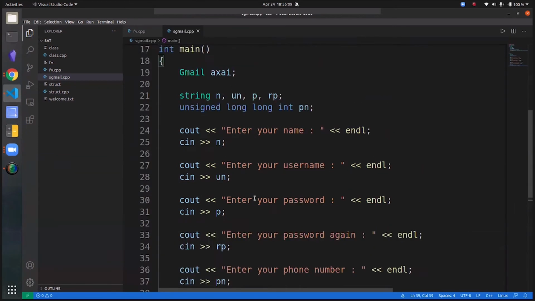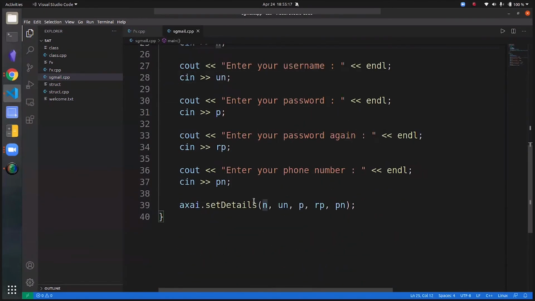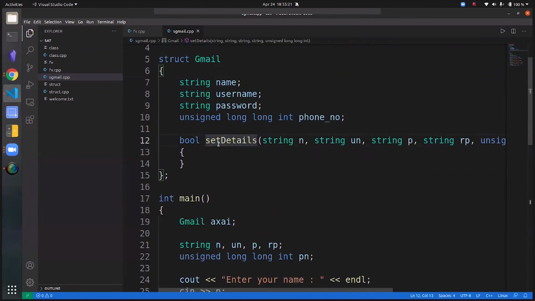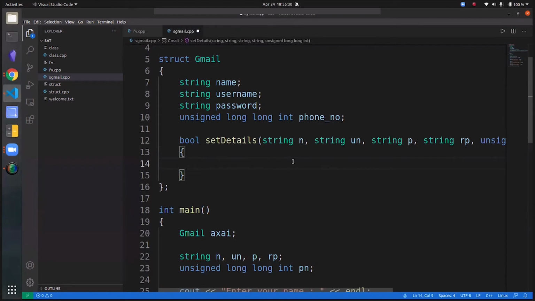So we are reading in the values of these variables: name, username, password, repeat password, and the phone number in our main function, right? And then we'll be setting these details in this function. If the details are valid, we'll be returning true. Otherwise, we'll be returning false. So yeah, let's do that.